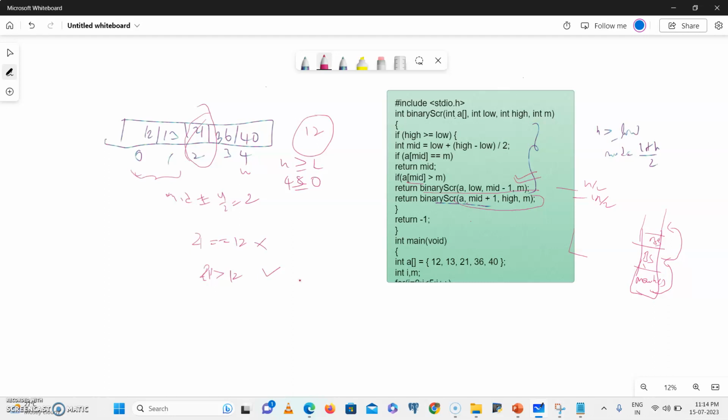This bs contains an array. The array is from where? From a, low comma mid minus 1. So from this array we are going to consider from 0 to mid minus 1. Mid minus 1 is 1. So I am going to consider only two elements, 12 and 13. Next, this is my low value, that is 0. High value is 1. So now again check if the condition is high greater than or